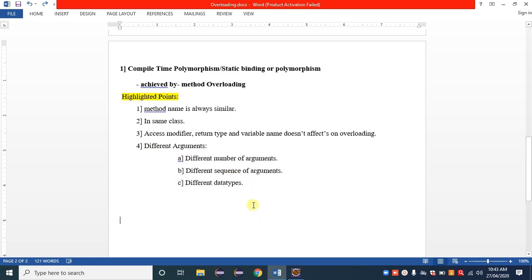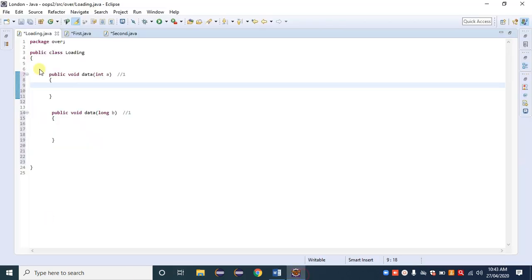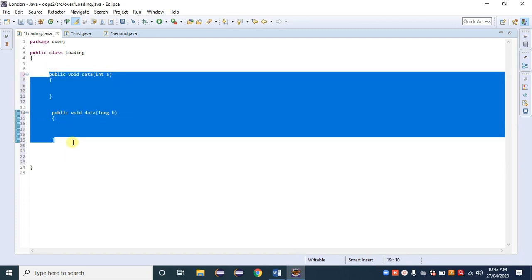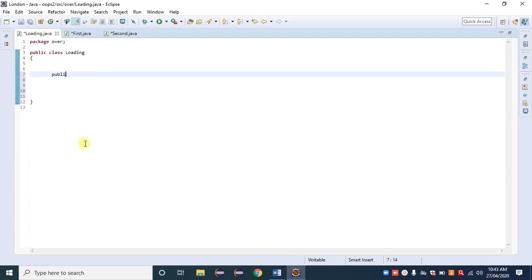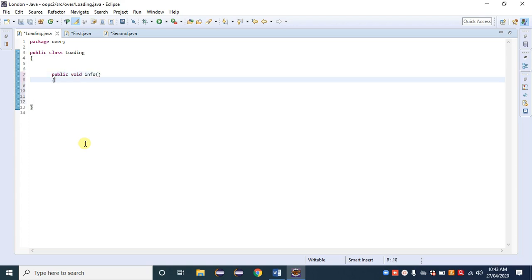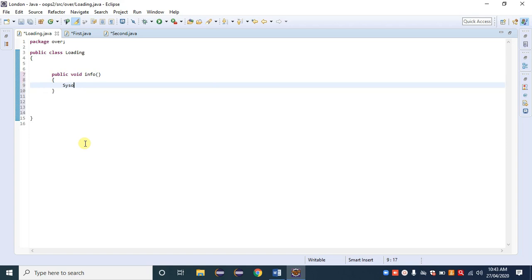Okay, the next one. Before that, I am taking one problem here. Suppose inside that class I am creating a method, public void info, with the method body syso "info one method called".